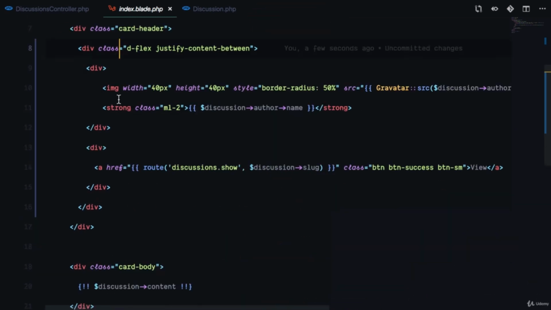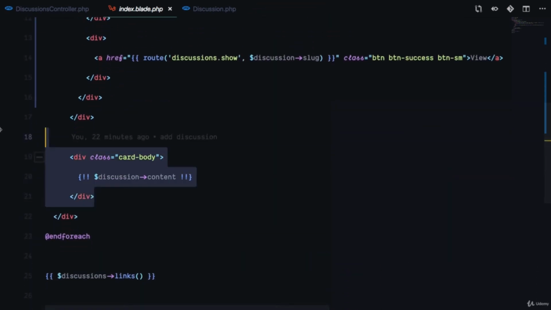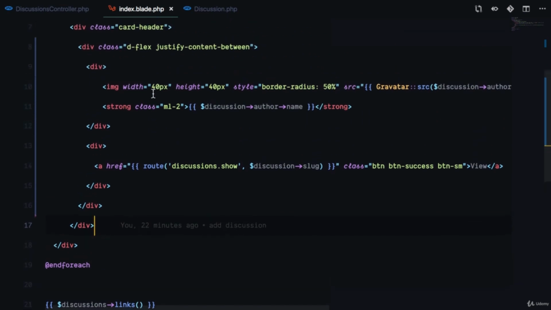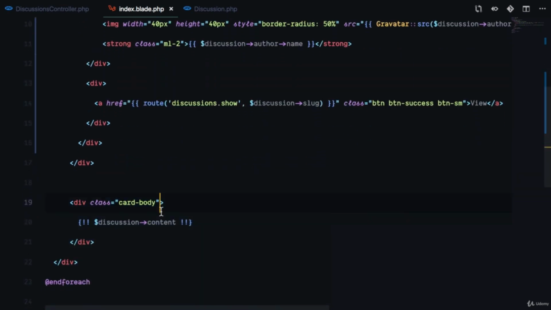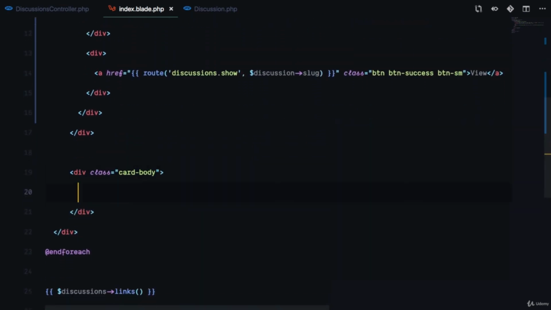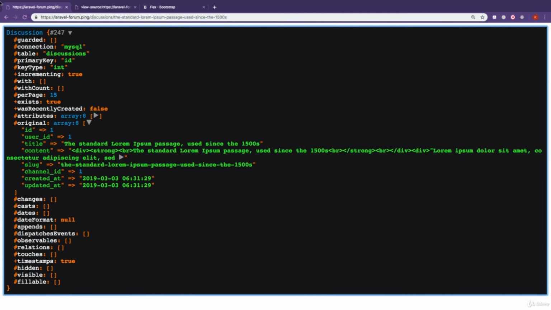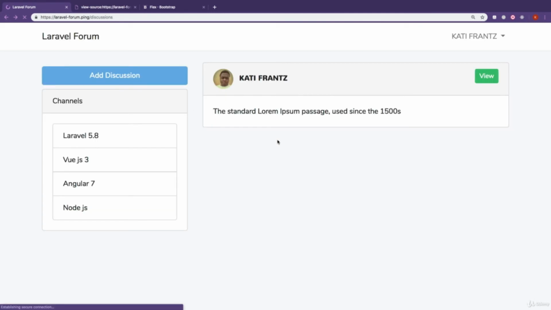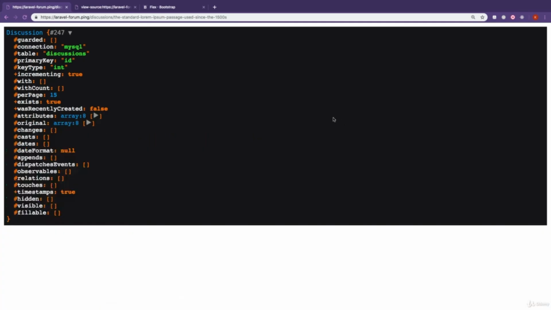in the index.blade.php for the list of discussions, we don't want to have a body right here. What we just want to have is the title. So here, where we have the card body, I'm just going to display the discussion title. So this is going to be like a list of discussions. Let me just go back. And then we're going to have a page to view the details of that discussion. Okay, so you can see the name, and then when you click on view, it's going to show you the